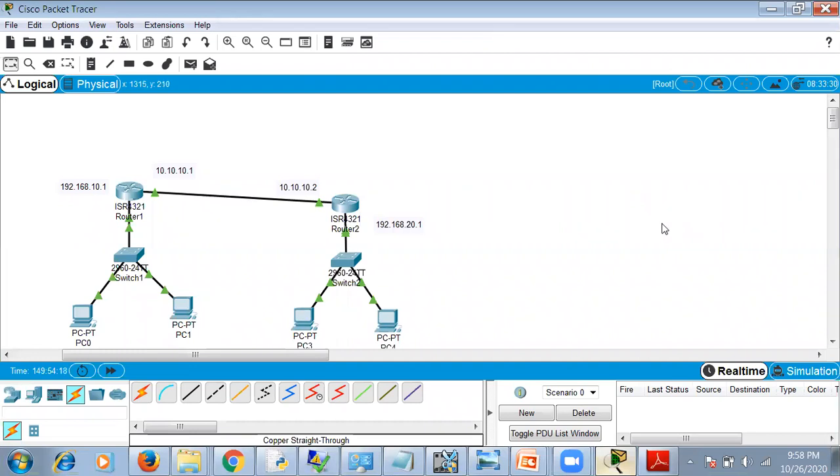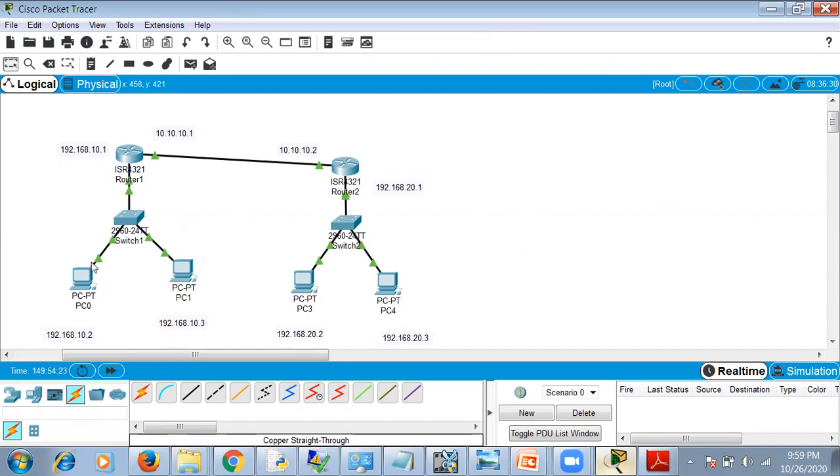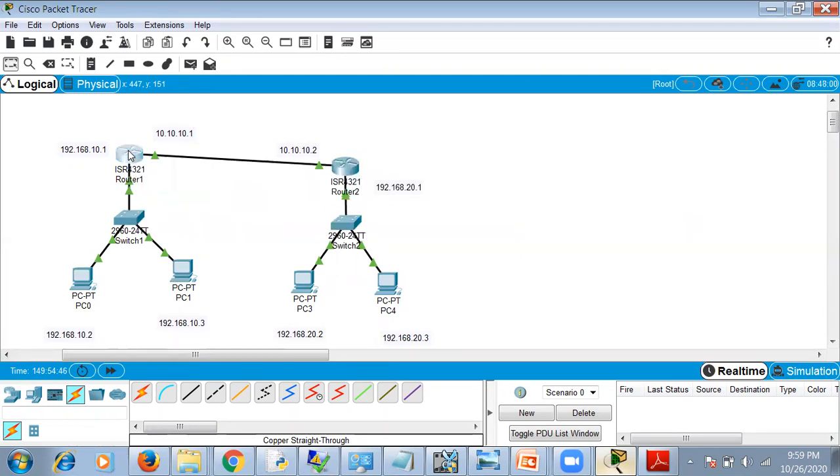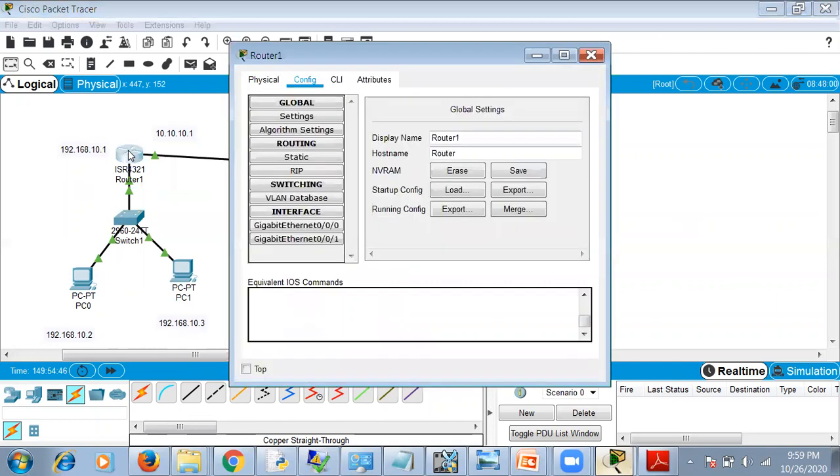Now we'll see how to do it with the previous example itself. In the previous example, we had set the network addresses like this. We'll use class C addresses so that we can understand which is the LAN and which are the router connections. So this is R1, this is R2, this is LAN 1 and this is LAN 2. When you click on this router, we have to set up the tables now because it is static. We have to configure which path it has to choose. So click here, static. If it is RIP, then it is dynamic. If you want static routing, click on static.